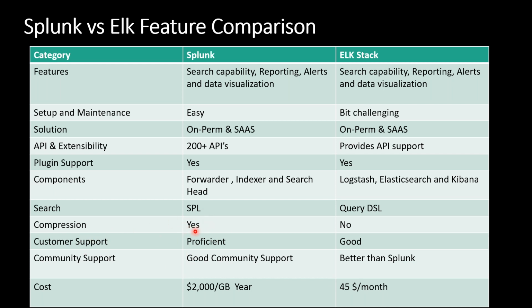And there is one more feature called compression. Whenever the data is stored in the indexer, if I pump some 100 GB of data on a daily basis, Splunk will apply some algorithms and compress the data while storing it. So if I send 100 GB of data per day, when it is stored to disk it will come to around 25 to 30%, meaning the storage on disk would be something like 25 GB. This is also one of the beautiful features, and we can't modify any settings in Splunk. This is where Splunk is famous.